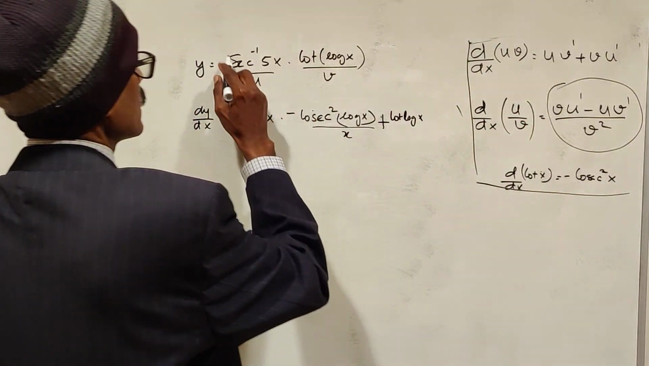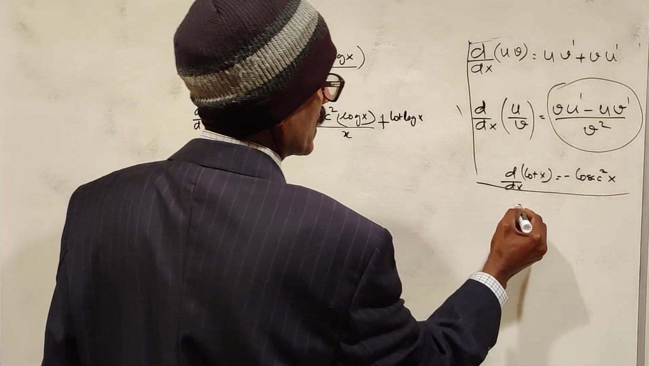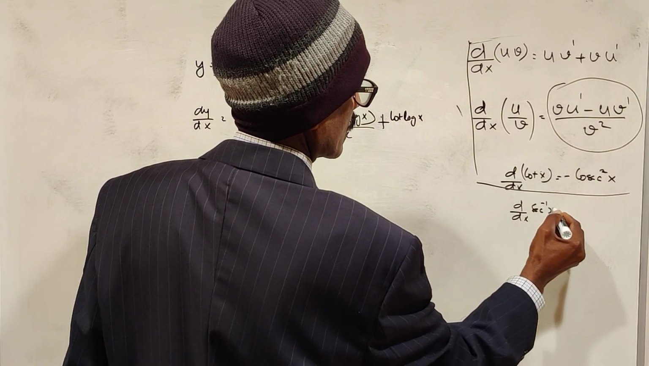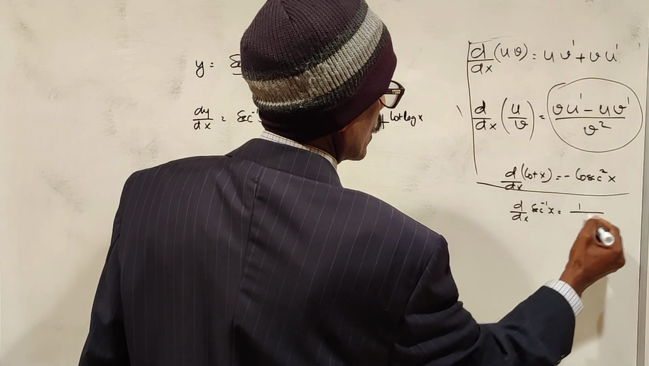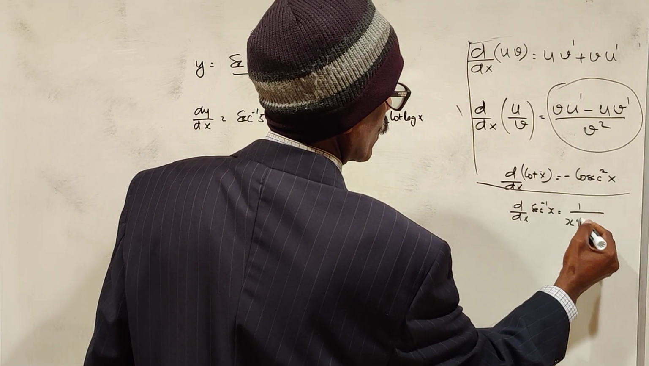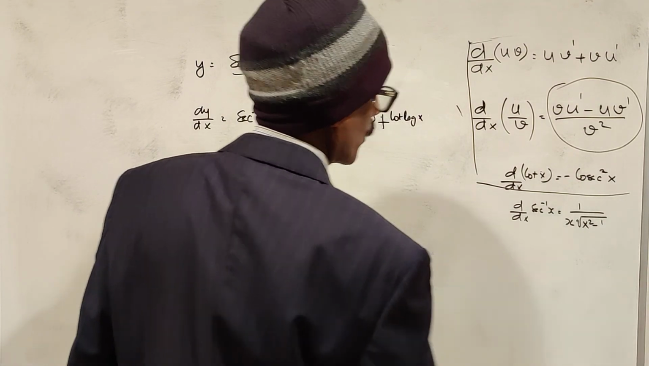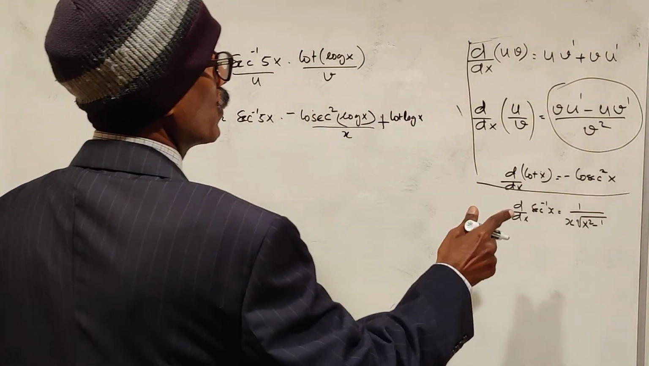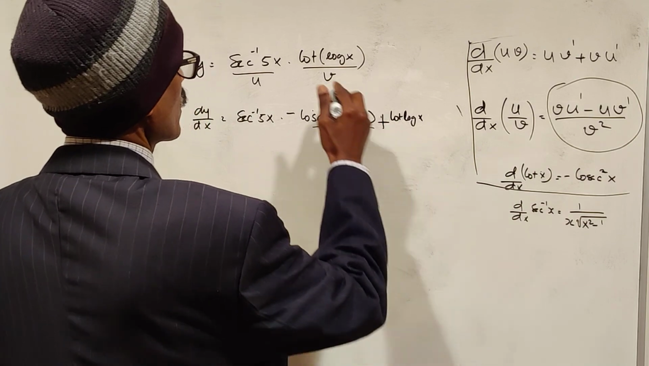Derivative of sec inverse 5x. What is the derivative of sec inverse x? 1 by x into square root of x square minus 1. That is the formula: 1 by u into square root of u square minus 1. Here